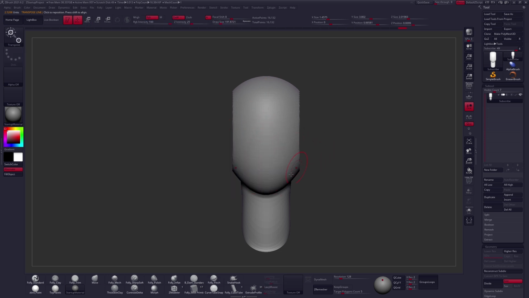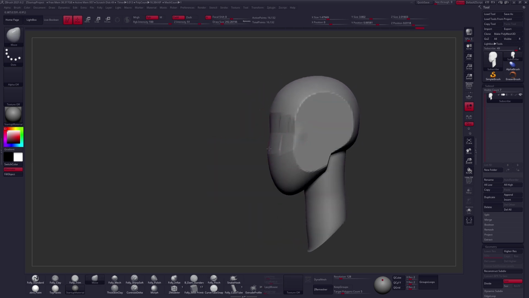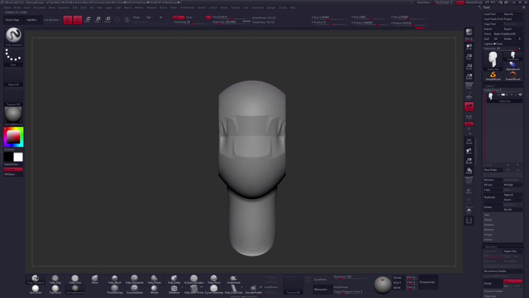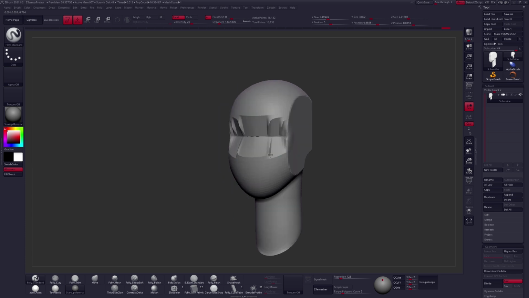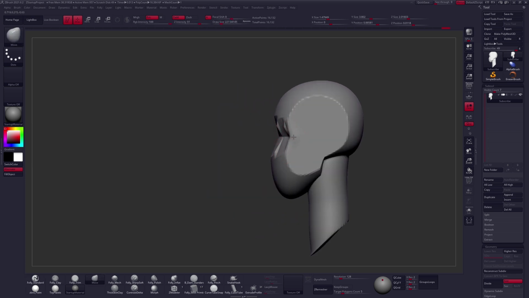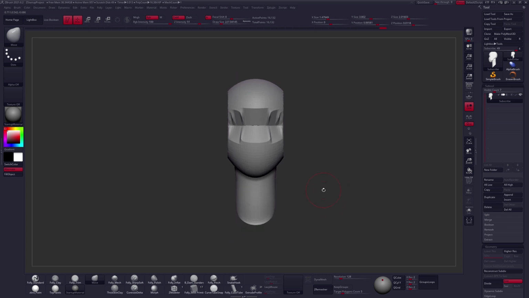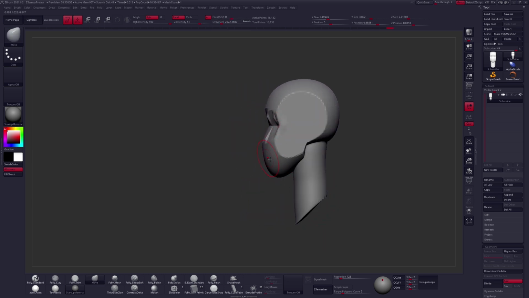We can maybe double check on where that was. That looks fine to me. I will just use a pinch brush and pinch through that area. You could also use a standard brush. You could use a clay brush. You could use a Damien standard brush. You could use any number of brushes to create this basic effect. There's a billion different ways to go about everything here in ZBrush, but at least for now, I'll just use a little bit of a pinch and maybe a little bit of a move brush to kind of push in